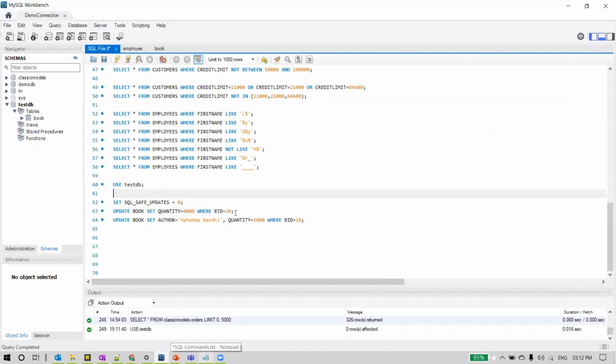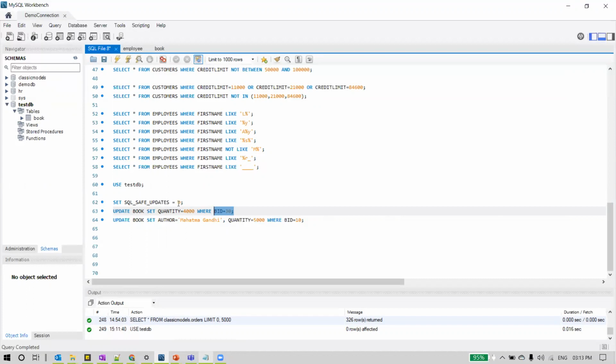But till now we are not aware of the key concept. So for now, we wanted to write some condition on some other column which is not a key, but still we wanted to execute this update statement.